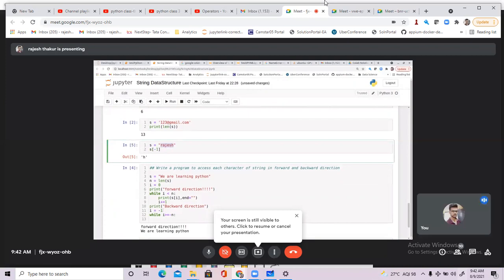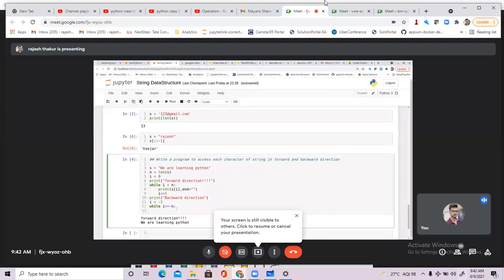So what I'm trying to do here is start my i value from -1, then -2, then -3. Likewise, we have to move. Then only it will print h, s, e. Though you can do it in this way as well, there is another way too. But I want to show you the conventional way with the looping concept. So here print s of i. And can anyone tell me what will be the updated condition here for i?